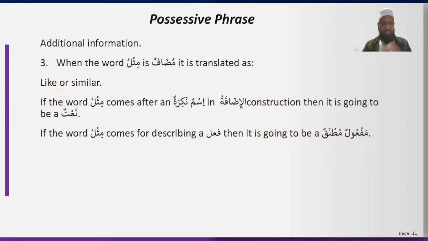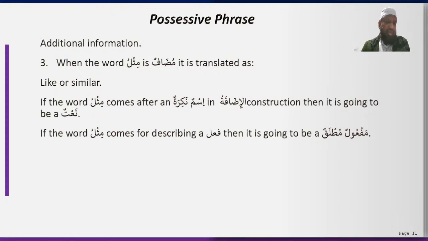Let's look at another word, مثل. Okay, so this is all about بعض. If the بعض is مضاف, we translate it as one of the three: either one, some, or part of. If after بعض is the masdar of the same fi'l, then it is نائب and مفعول مطلق. And after the word بعض, if it is a ظرف, بعض becomes نائب عن ظرف الزمان, and ظرف is منصوب always.